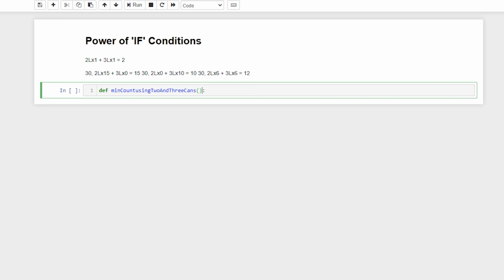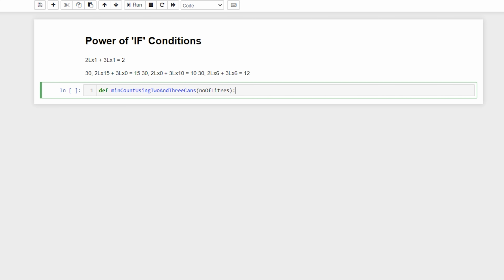Okay, and this is the right syntax. Anyhow, now what you are going to pass to this function, some value. That value you need to process and then you need to return what is the number of minimum count. So what you are going to pass, how many number of liters you are going to measure. So it means number of liters.